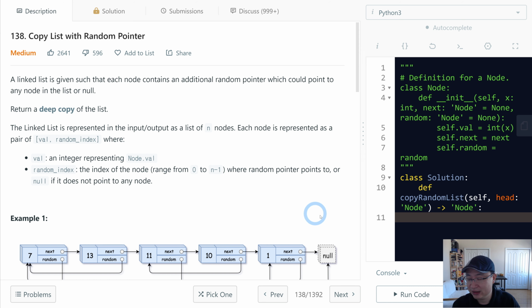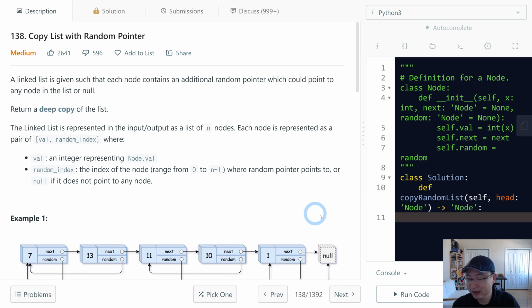And then next, when we make the 13 prime, it also points to 11, and 11 also points to 10, and 10 also points to 1, and then 1 is pointing to 9. The problem is that 7 prime should be pointing to 13 prime, but it points to the original 13, so we need to convert